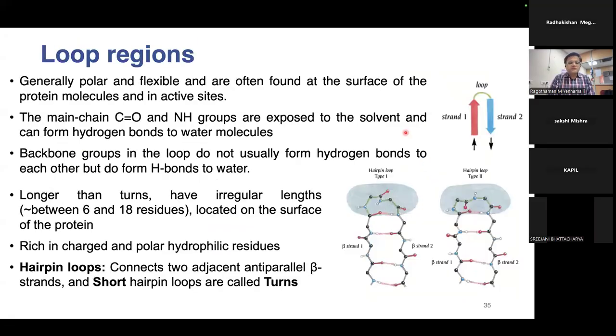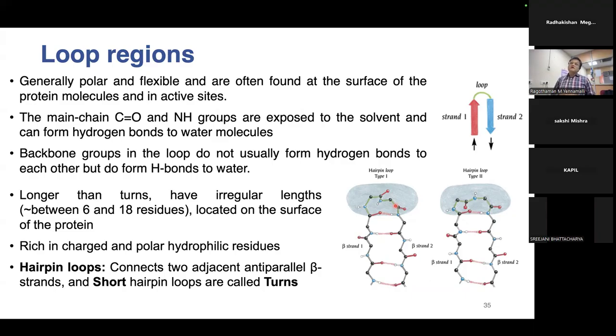Okay. So you have these loop regions where, depending on how many residues are there, you have different types of loops, you have different types of turns, and there is a huge amount of function that is present in the loops. And that is why the loop regions are the most important part in a protein structure. When you're doing drug design and when you're trying to identify where the inhibitor will bind, these loop regions are more mobile compared to the alpha helix or the beta